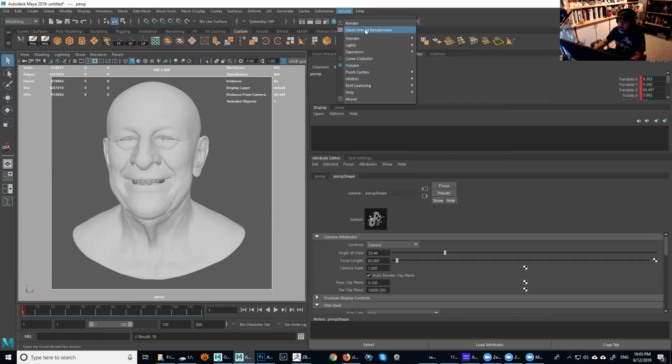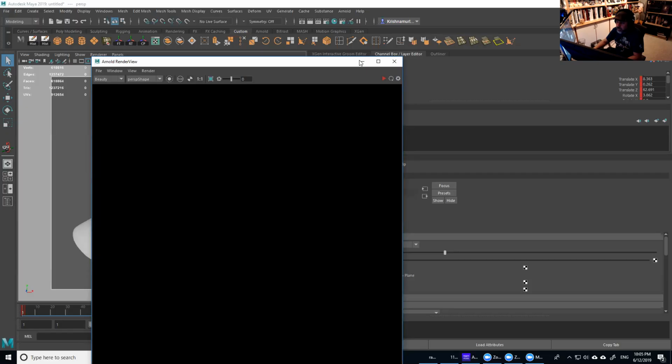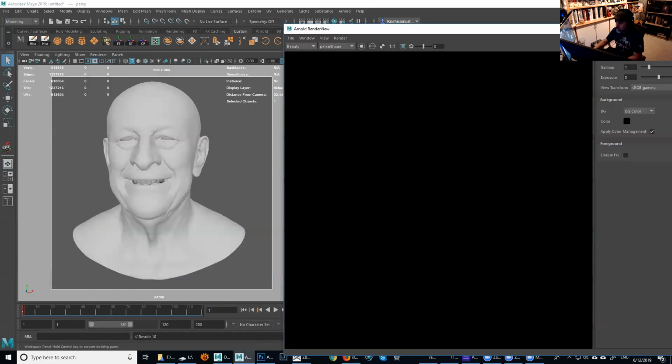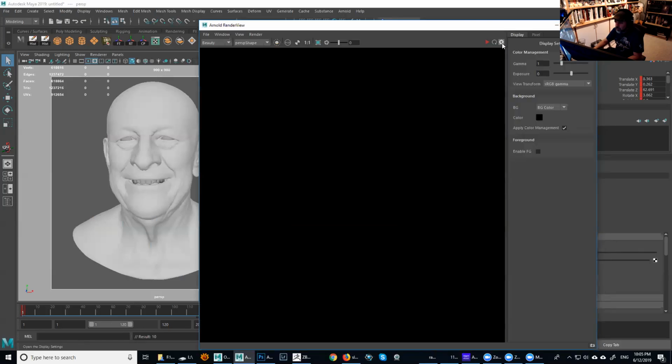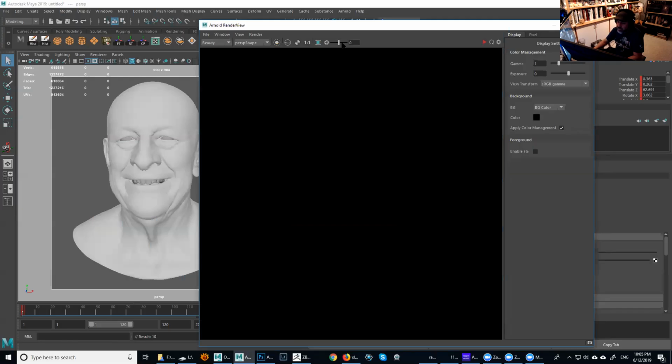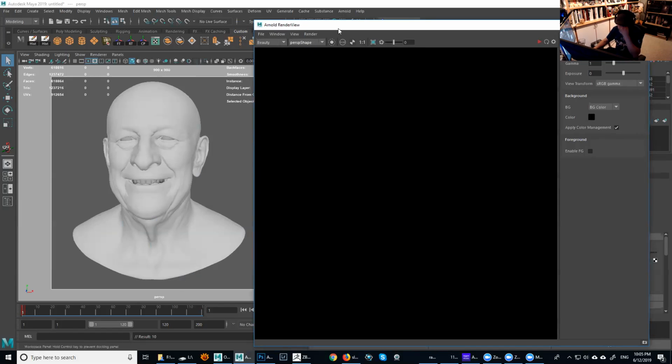The first one is gonna be the Arnold render view, because by default, Maya uses its own render view, but Arnold has its own render view, which is better. It works nicely. And also you have all those little tweak tools here, like for gamma and exposure, you can do everything here, you access with this little gear, right? And then here is the exposure you can control as well, the aperture, and this is basically the camera that you're using. So I'm using perspective, right? That's the only camera I have. But if you have more cameras created, you're gonna have access to that as well.